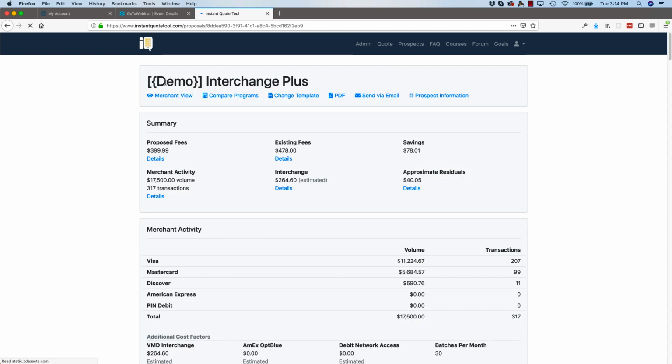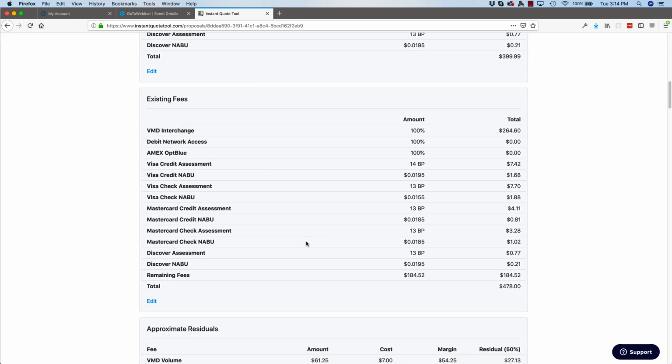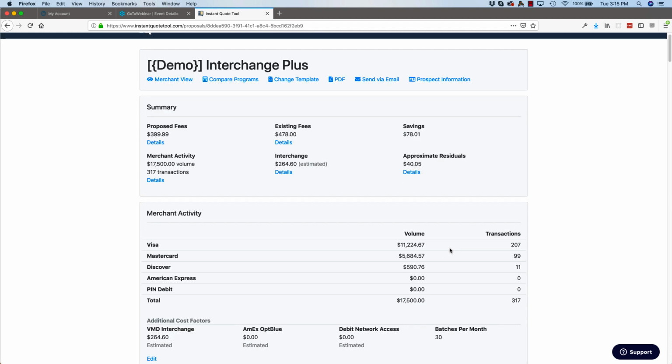So again, step 1, enter the total fees, existing total fees. All right, and what that's going to do is, if you go down to the existing fees, that's going to then allow us to put all of these fees in that are passed through, create a remaining fee section, which we're going to get to in a minute. Step number 2,